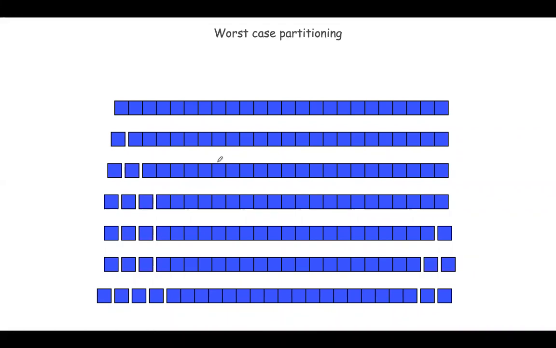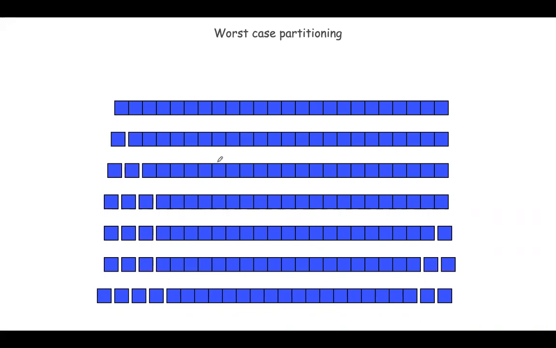See, in case of worst case, if the array is already sorted, and then if you try to apply quicksort, it will lead to worst case scenario. As well as if it is sorted in ascending order or descending order, any order it may be, both will lead to worst case scenario of quicksort. Okay, if the array is in increasing order or in decreasing order, both the cases will lead to worst case scenario of quicksort.